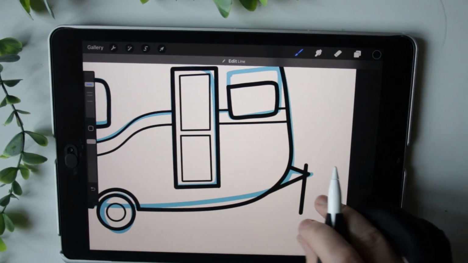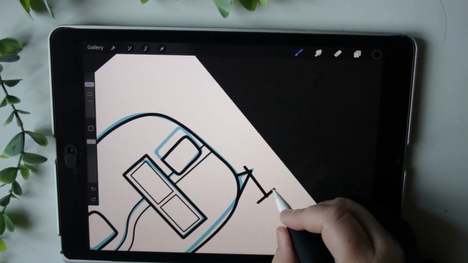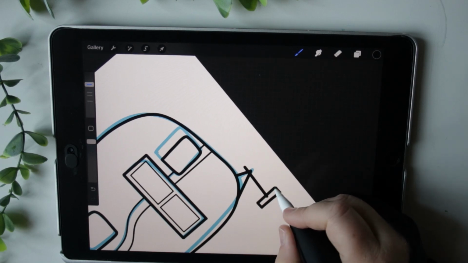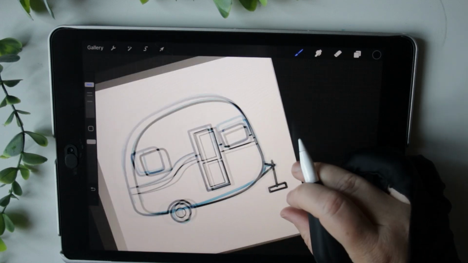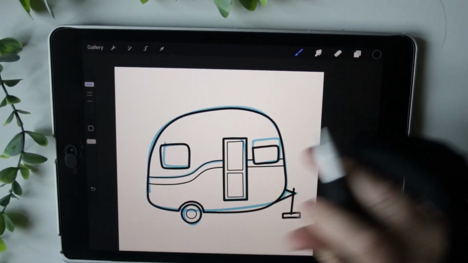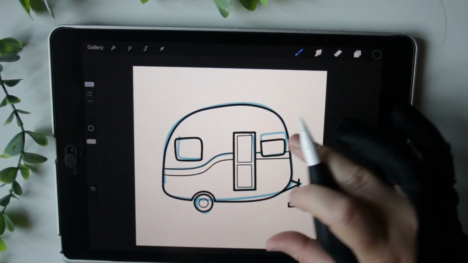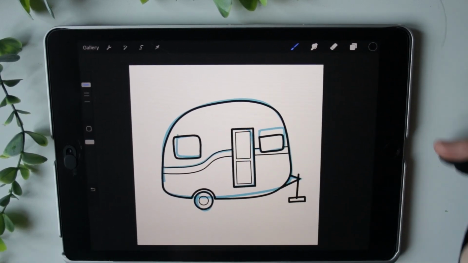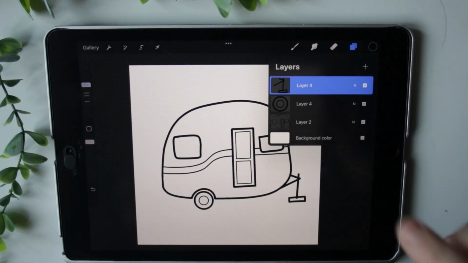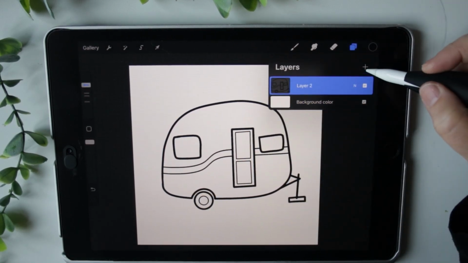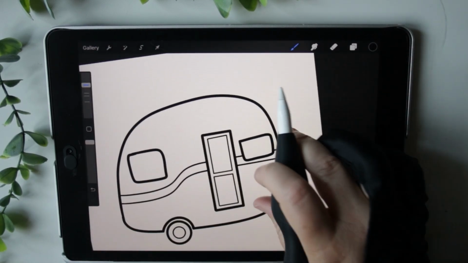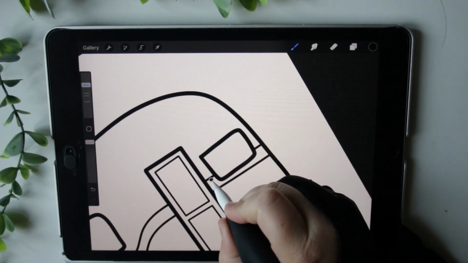Kind of like that. Just gonna go like this. Doesn't have to be perfect. And something I want to do is add a couple of fun design elements. So I'm going to get rid of this background layer, combine all my layers, and let's have a little fun with it. So I'm going to add a little window